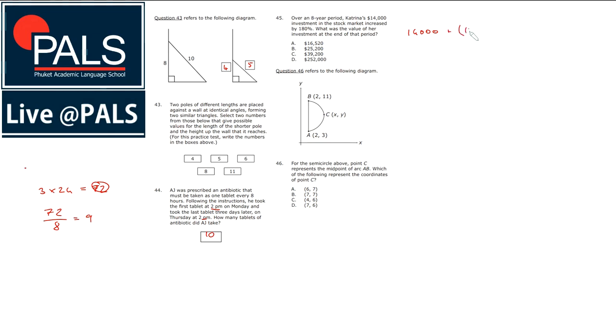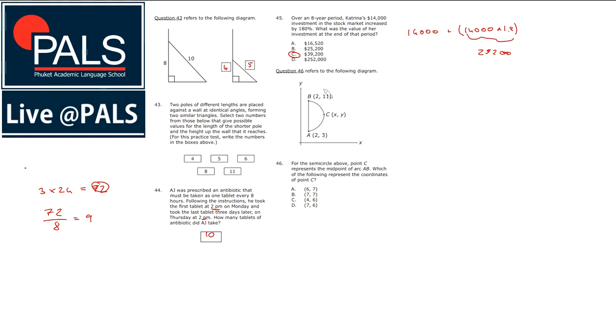So it's plus 14,000 times 180%, or times 1.8. And this alone is 25,200, so we add this to 14,000 and we get